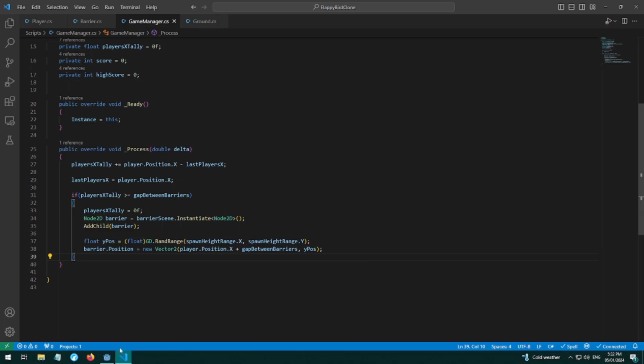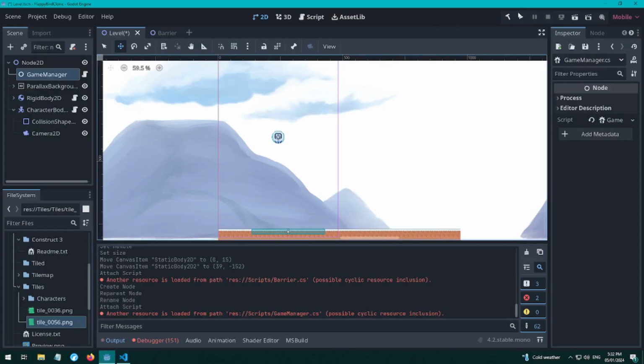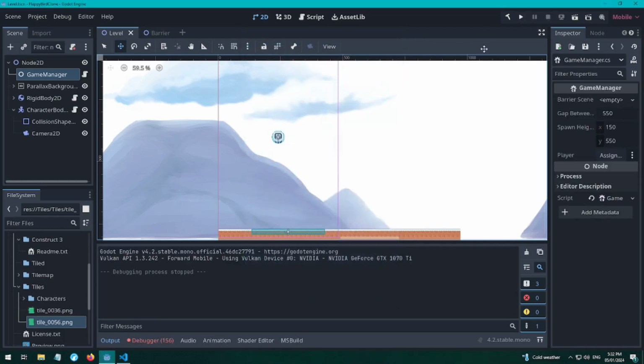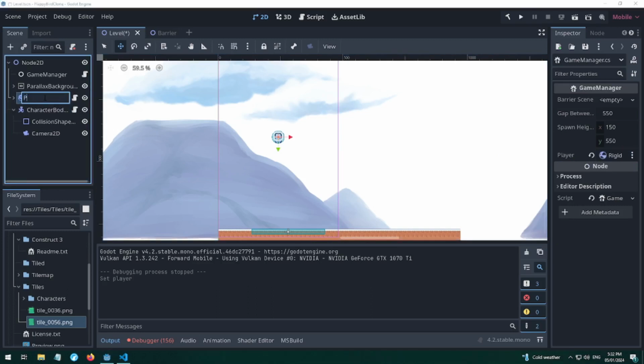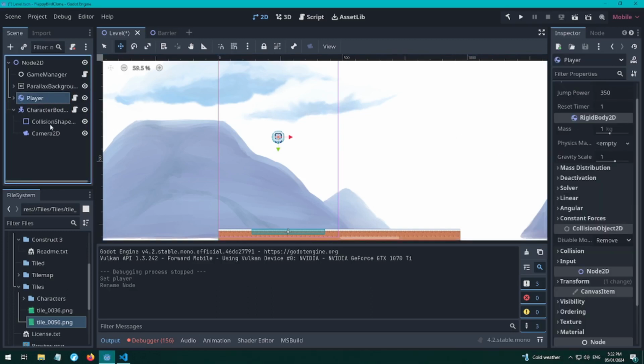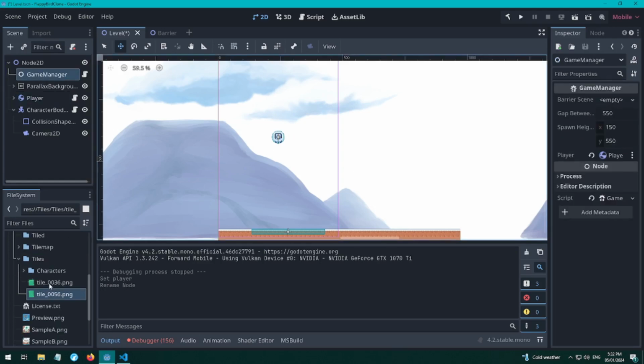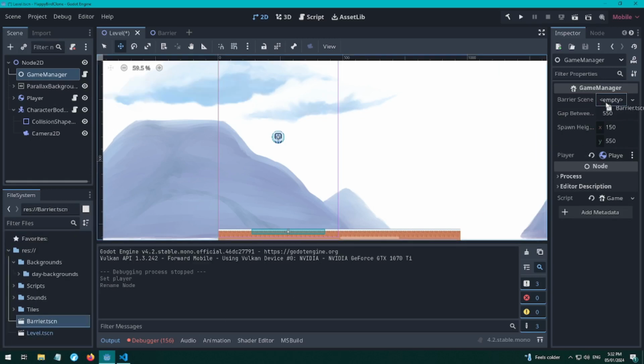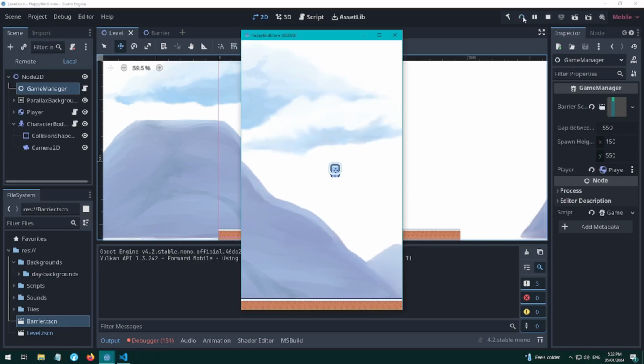All right, let's go back to Godot and test this out. So I'm just going to run it first to get the property showing up. Okay, so first things first is we're going to assign the player. I'm going to rename the player. And then we will also have to assign, I'm just going to minimize these. We don't need those anymore. The barrier scene. Okay, so we're going around and